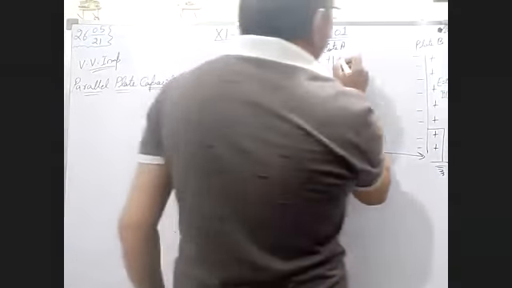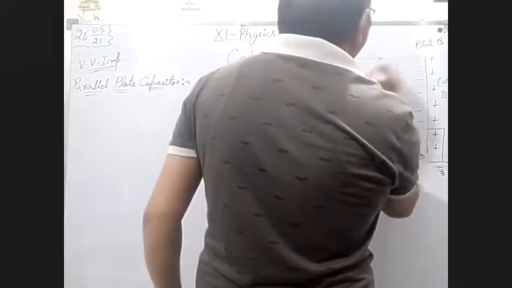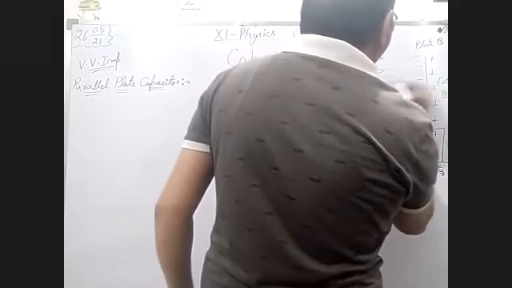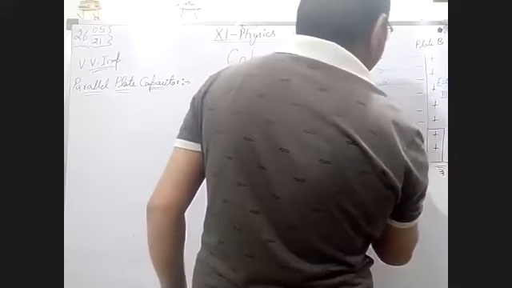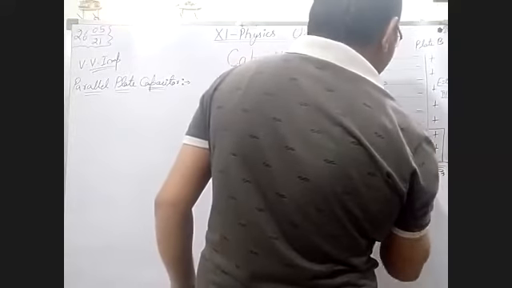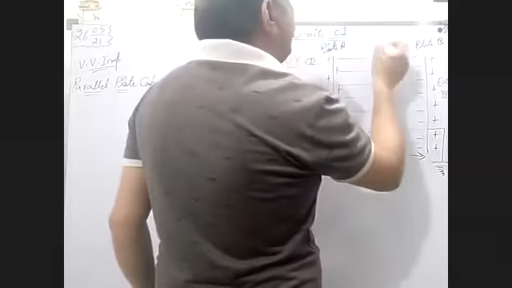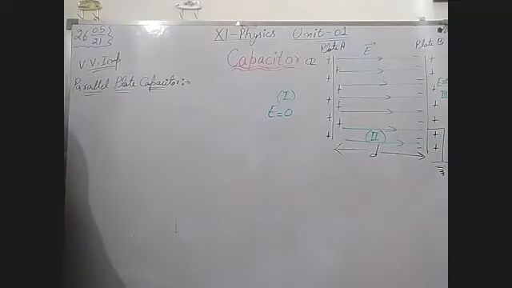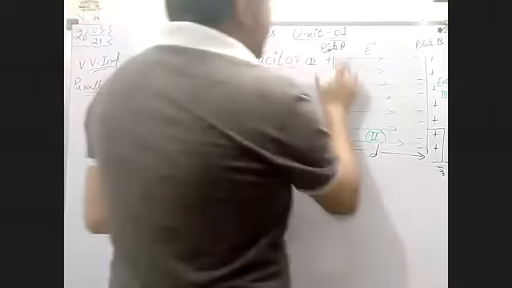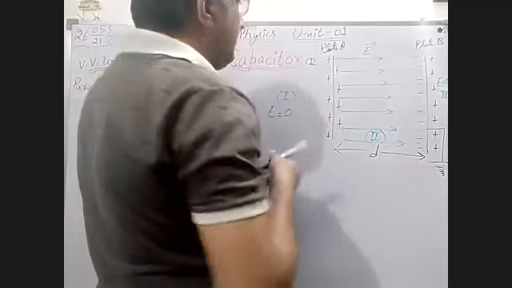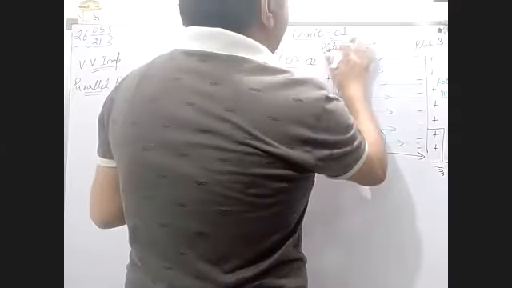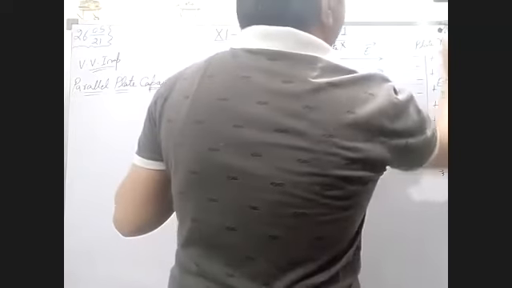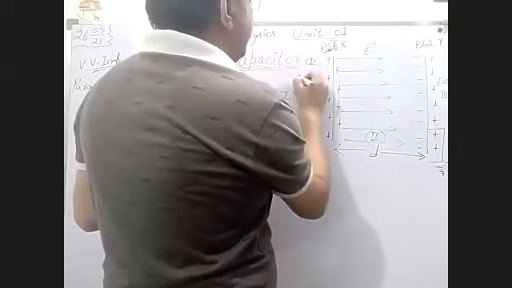Now firstly we are drawing a uniform electric field between these plates. These lines show the uniform electric field in between these plates. In the capacitor we are taking this electric field, and it has some value also. What is the value? Let us take this plate X, and this one is plate Y. Now take the area of the plate as A.